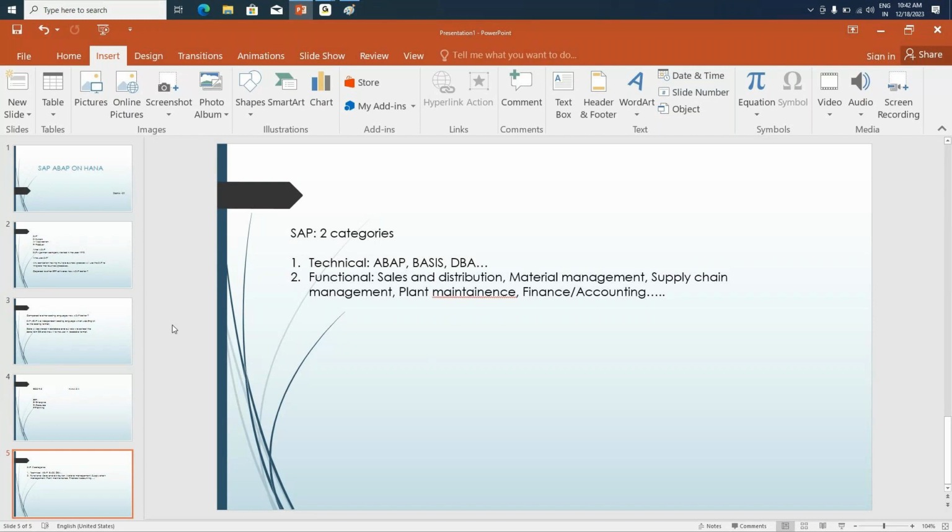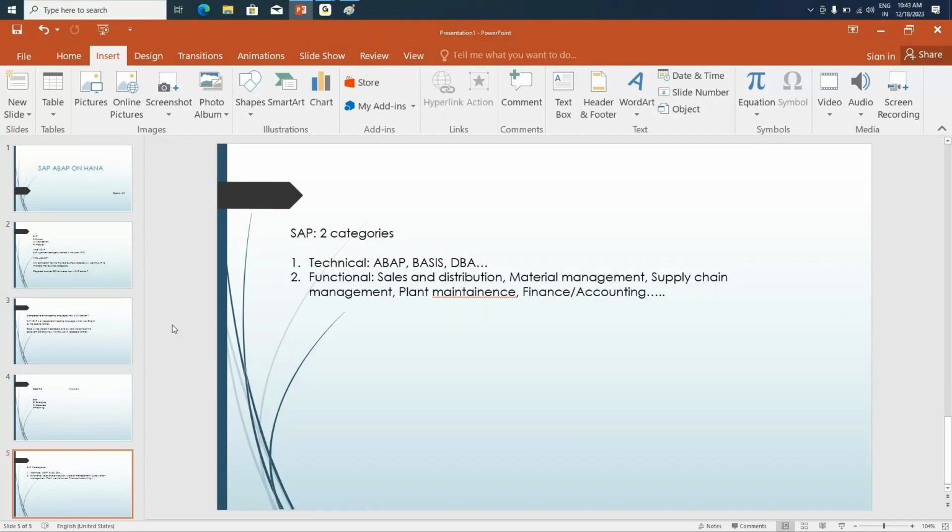Then in functional areas, you will have sales and distribution, which is used to integrate your sales processes, all the sales processes that are there in your company. Then is the material management, which is used to manage the materials that are there in your company, the raw material procurement, buying the raw material or processing the raw material. All this comes under material management. Then is your supply chain management, wherein all the processes on how it should go, like first what should come in, after that which business process should be executed, once this is done, where should it go, all these will be there in your supply chain management.